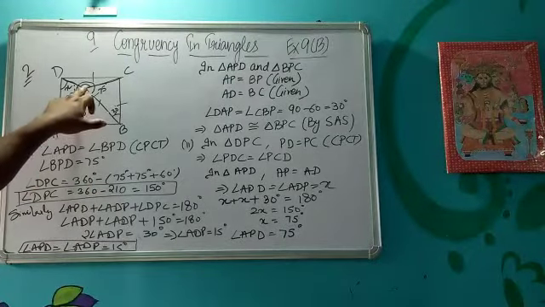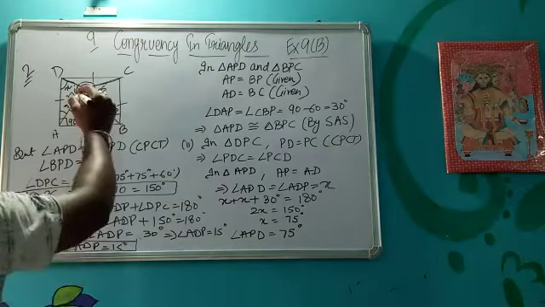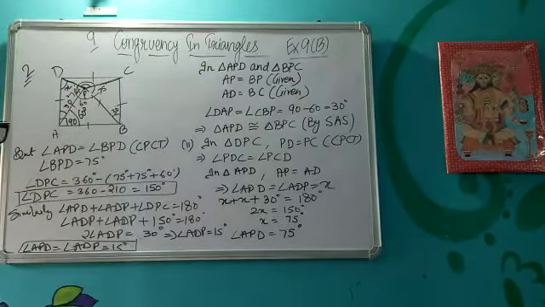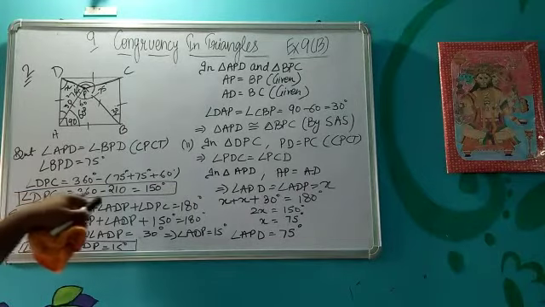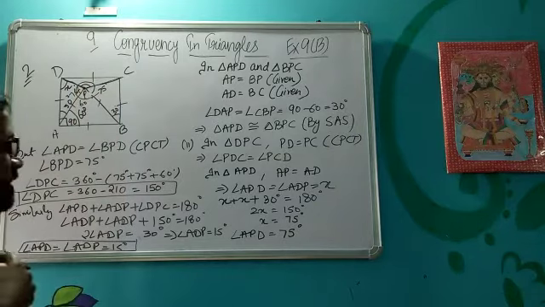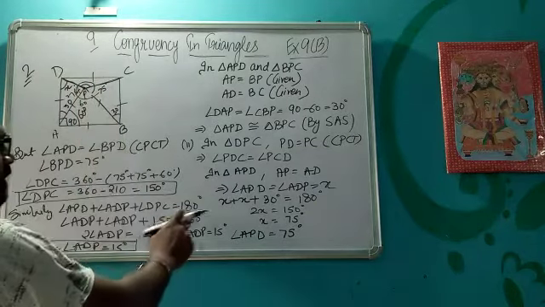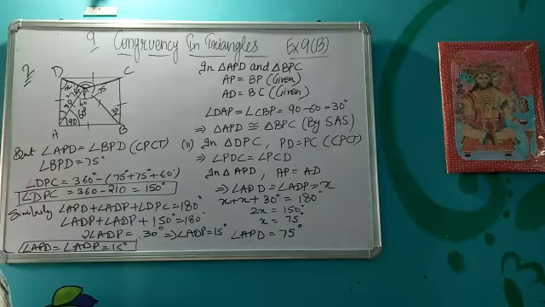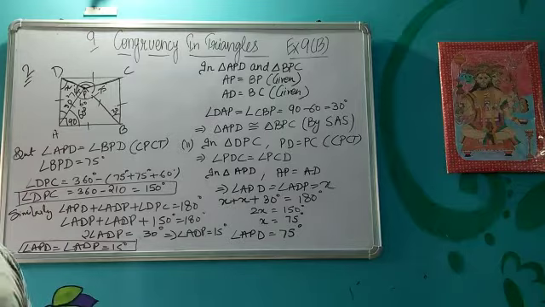Now this whole angle at P, this is P. It is a complete angle there for me. So I have used the property of complete angle, and I got DPC is equal to 150 degrees. Afterwards, I have used the angle sum property to calculate the value of APD and ADP. In the same manner, you can find the values for the second figure also.